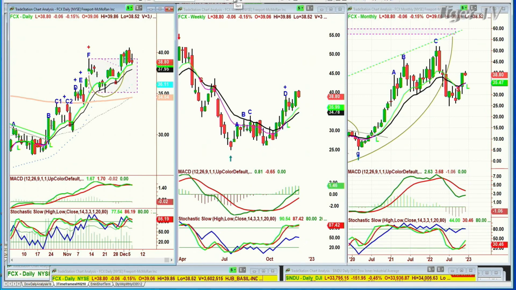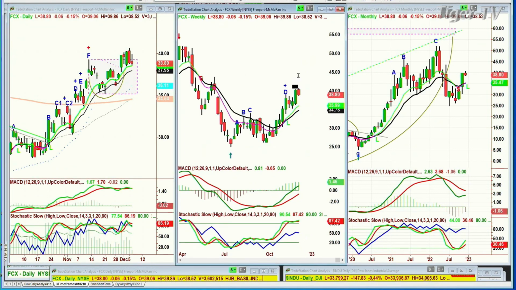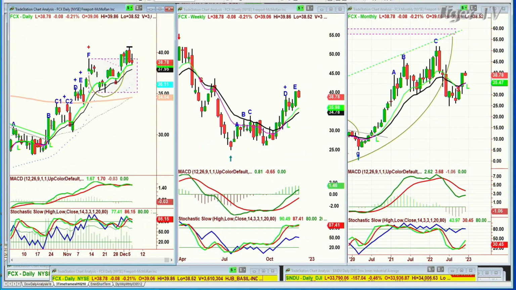It's gone to a leg E in the weekly chart, which is really very good in that cup formation. And the monthly chart is at a nice leg B, gray leg B. But what's really important is that I'm starting to see a stalling motion in the daily chart. So there's residual strength, but it is an action that says, just be careful, because it looks like it wants to also digest these gains. So within that context, I'm going to put this as the letter G in the Chapman wave methodology, and I'll give you the reasoning. But I can't ignore that it also has an alternate count, G/C.